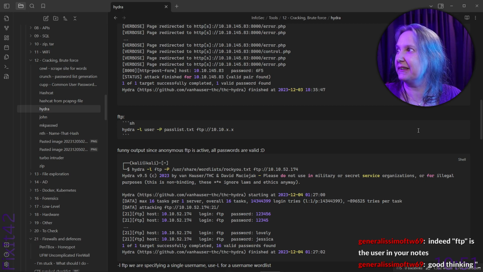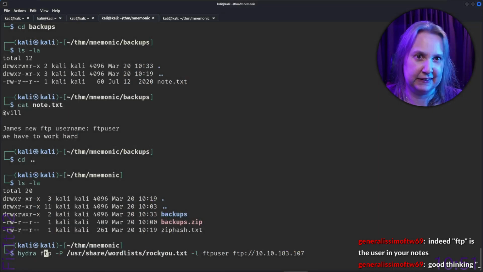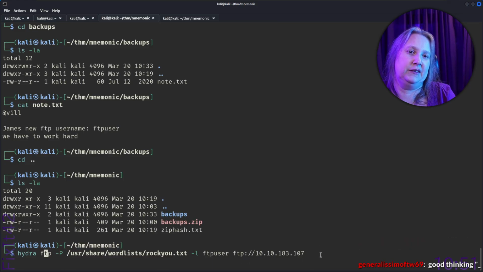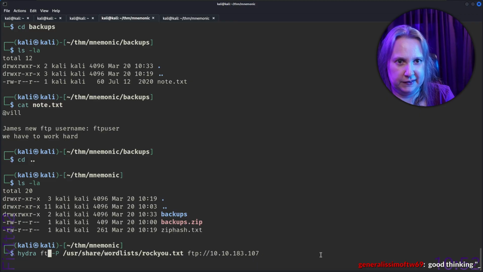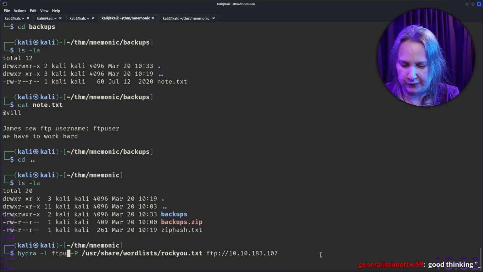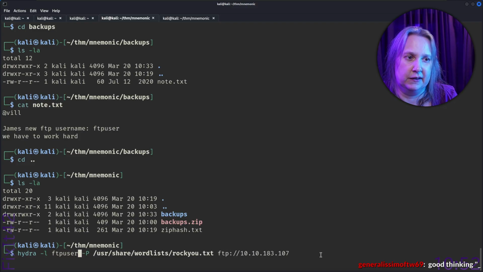So, going back to the box again, and we'll do this. I assume it would be okay to type it here too, but let's just do it over here then. So L, FTP, user. Yeah, if you can't understand your notes, there's something wrong with your notes.